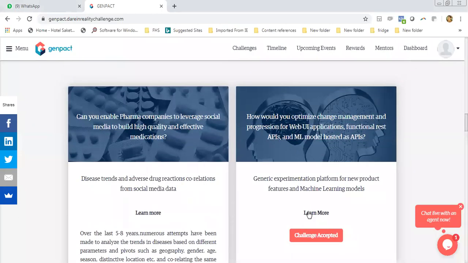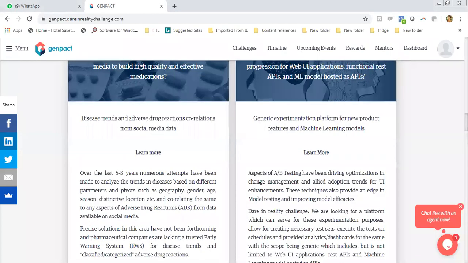So number one is the analytics based on the data which is gathered. And second, if there is any adverse drug reaction which can either mutilate the body or cause death, we would want to have alerts on that. So you would want to figure out how you want to categorize that, and then on which events you want to throw alerts for the pharma companies to look at. So that's what we're looking at here.